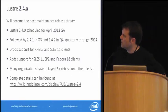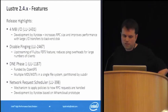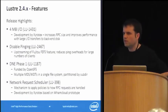When it says SLES 11 clients, that means SLES 11 SP1 clients are dropped. I'm just noticing that now. And we are adding SLES 11 SP2 into the official test matrix and have been testing out that option throughout the release cycle. Going on to the features for this release, we had a feature freeze several months ago,